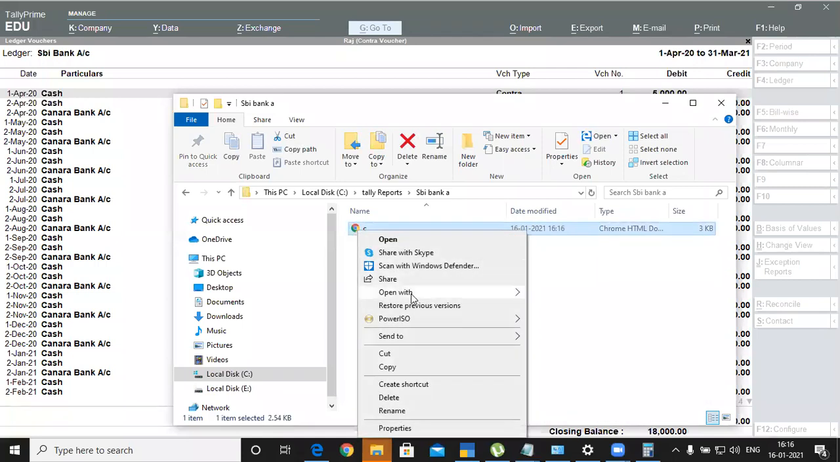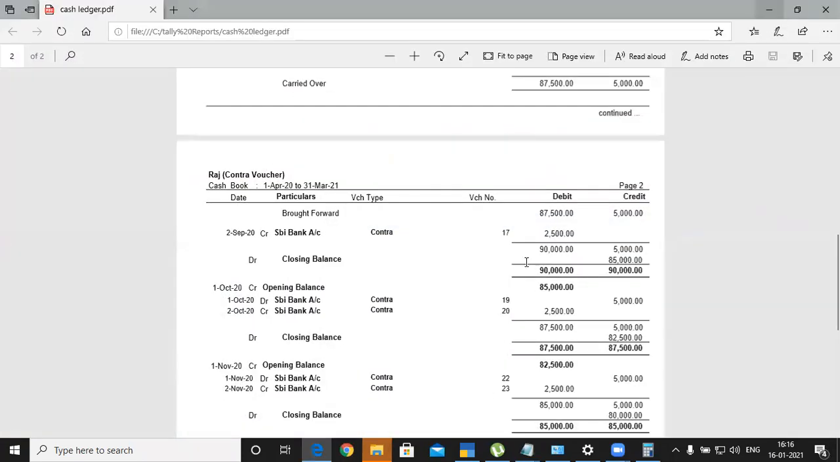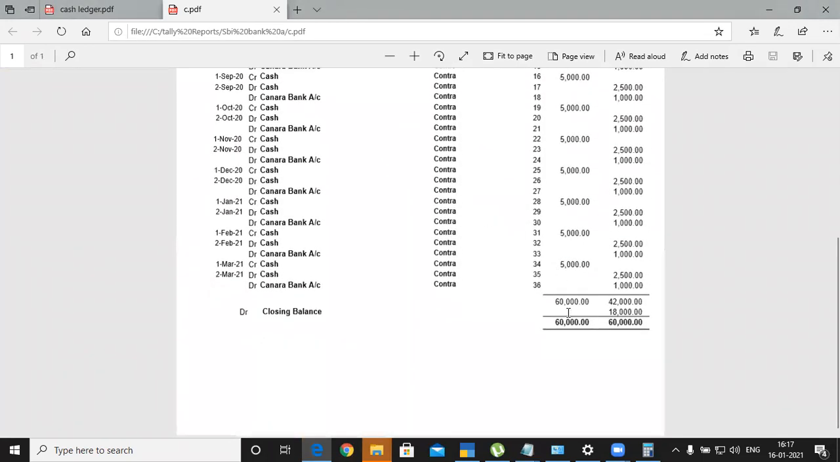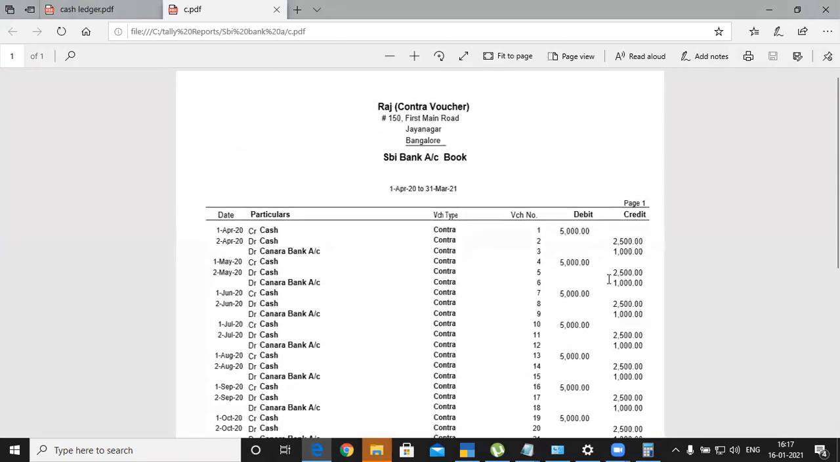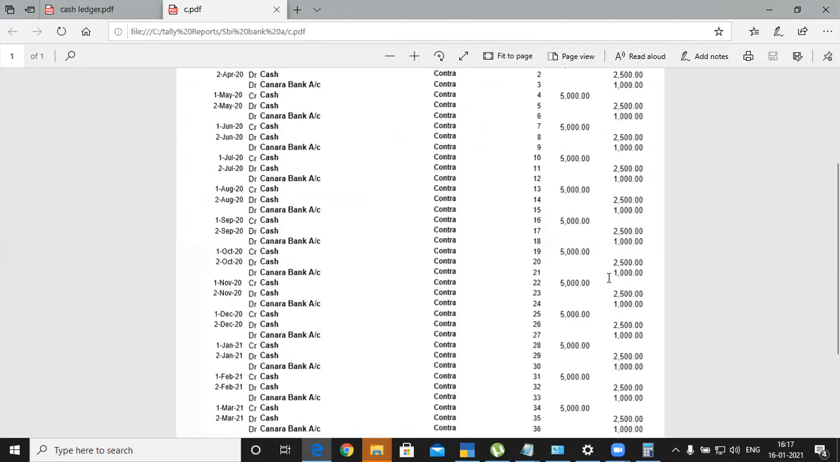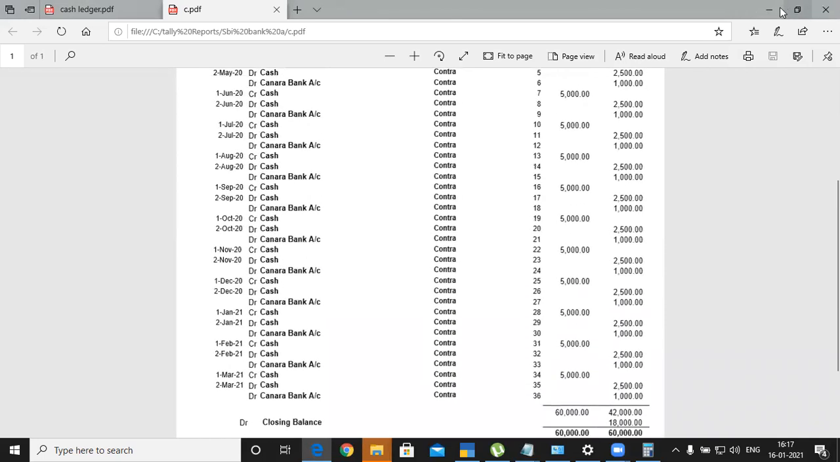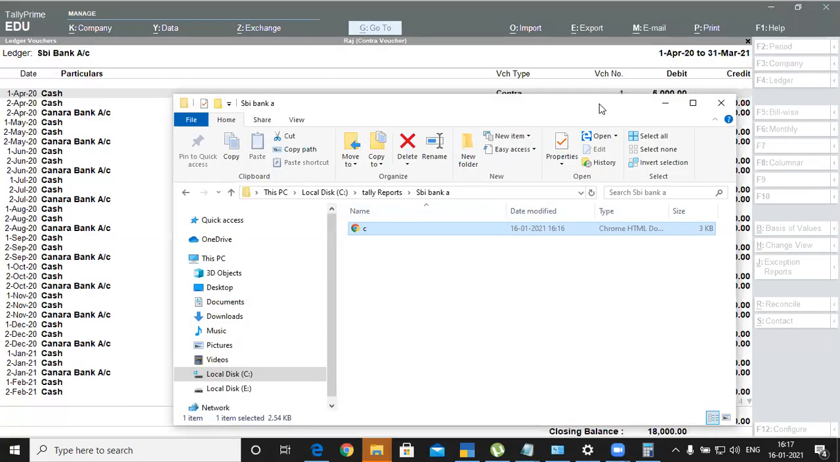right click, see that reports. So Raj Contra voucher, SBI bank account, this is the report. So 60,000, 60,000 closing balance. So your SBI bank. Then closing balance, it's saying that 18,000. Okay, overall transacted value is 60,000. Okay, and again